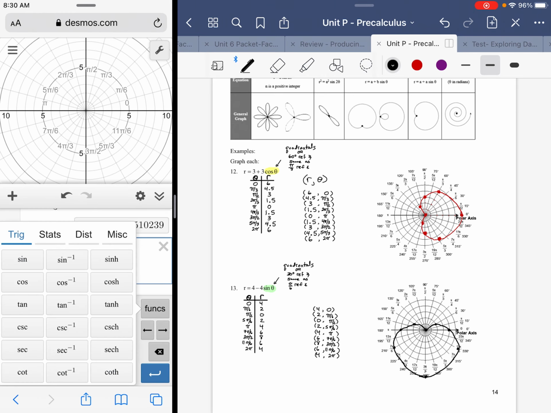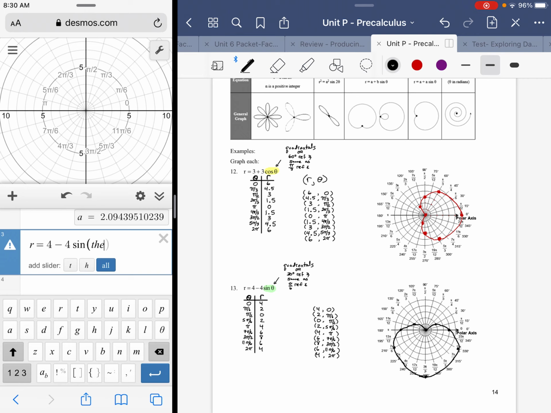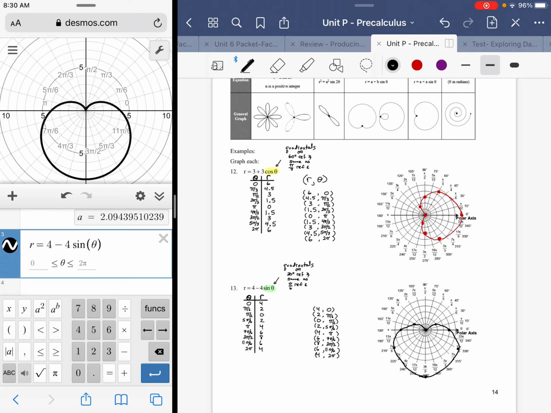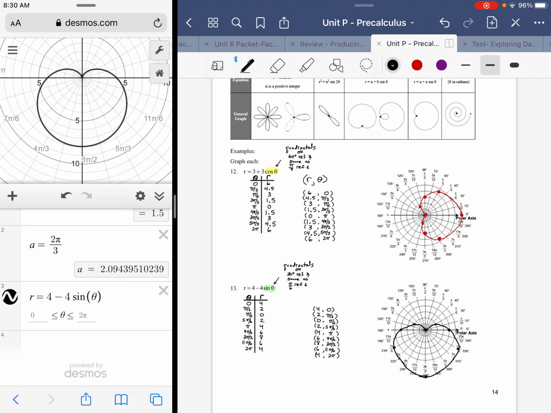Then you could type in your original function, which would be r equals, it understands r, 4 minus 4, this one was sine. But then you have to type in the word theta. It understands theta once you type it in. On whatever the domain ought to be, in this case 0 to 2 pi is what the default is, and so that's what I left it as, because that seemed to make sense to give us one full loop. All right. So yeah, that's what the graph should have looked like. Not quite what I came up with, but